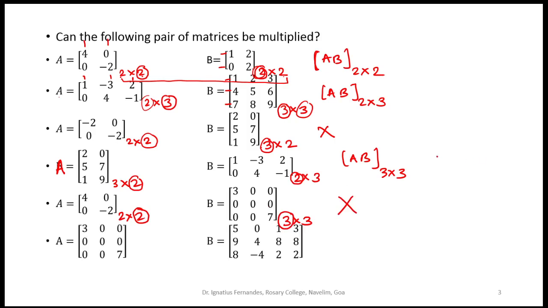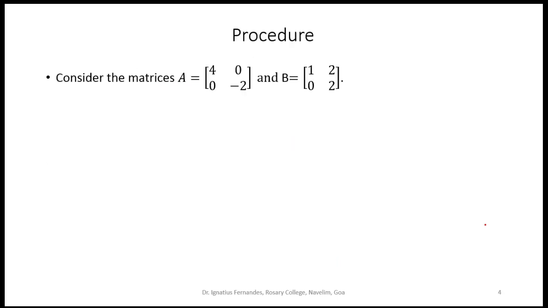Let us look at these two matrices. A matrix A here, which is of the order 3 by 3, and this is of the order 3 by 4. Can these matrices be multiplied? Yes. The number of columns here is the same as the number of rows, so they can be multiplied and the result that we'll get will be of the order 3 by 4. Okay, so once we check the condition for multiplication and know that they can be multiplied, then comes the procedure to multiply the two matrices.